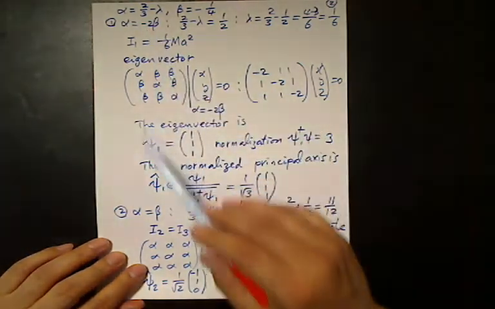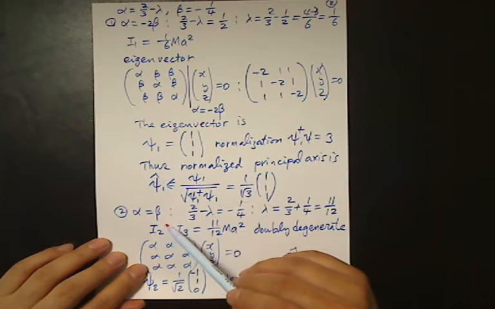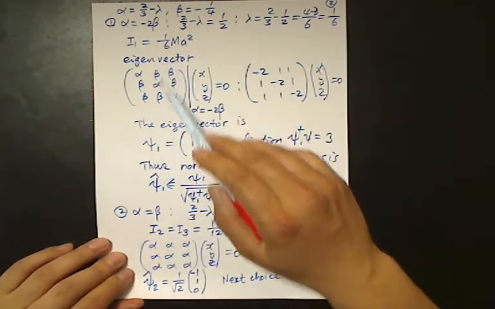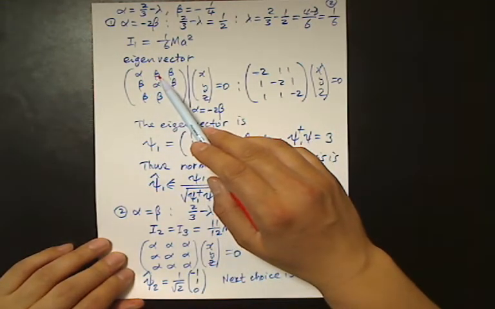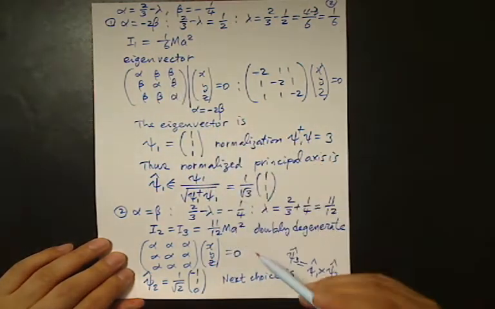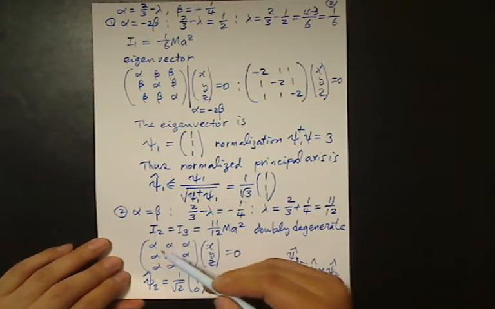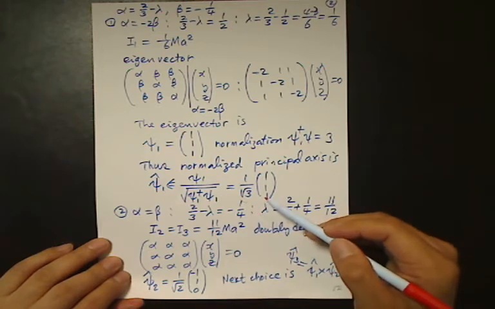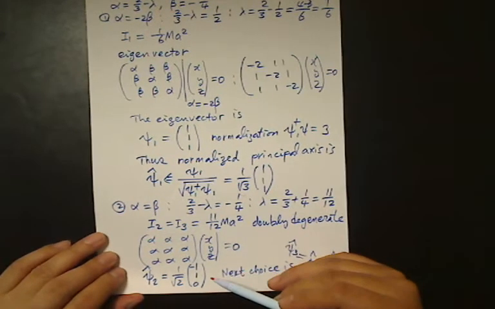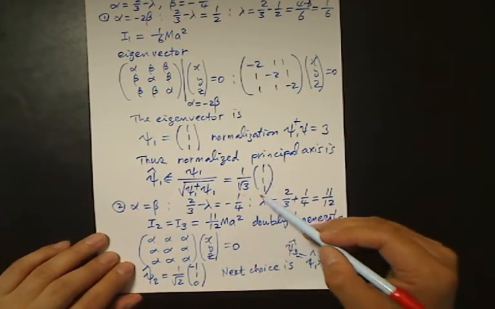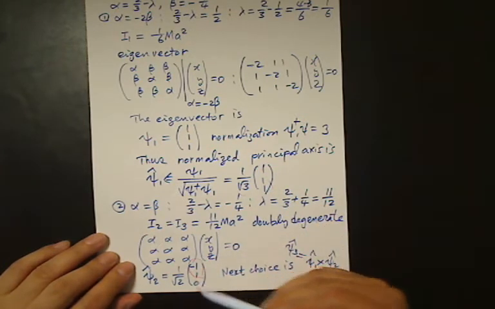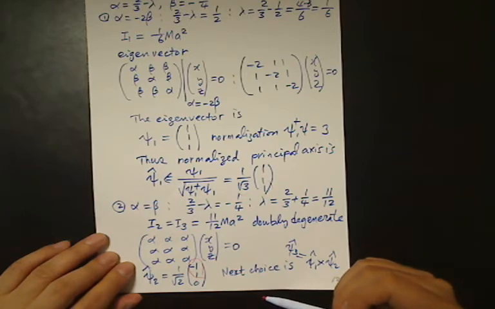And in case we have alpha equals beta, then if I substitute alpha equals beta, everything will be the same. We have a 1, 1, 1. So this is 1, 1, 1, 1, 1, 1, 1, 1, 1. Among those vectors, we have a perpendicular component to this one. That is, one example is this one. And the other example